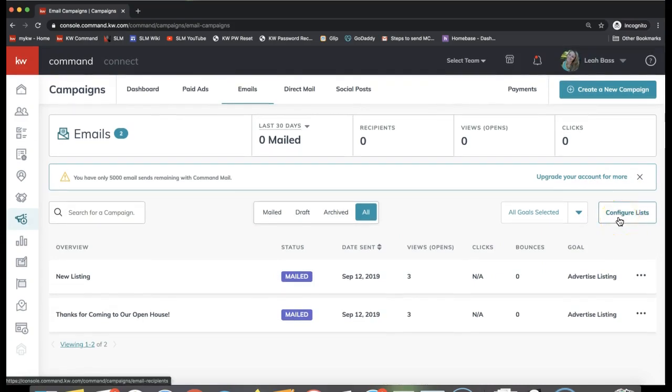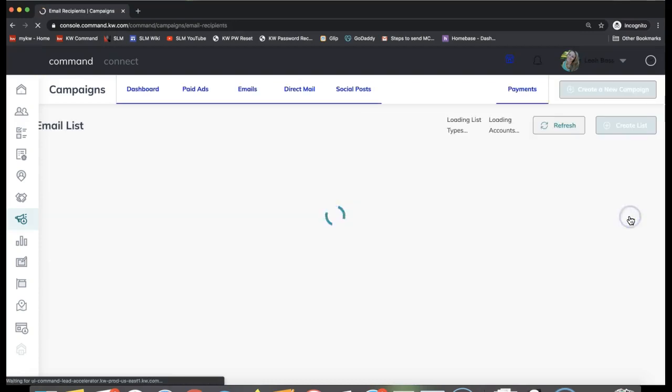You're able to configure these lists when you go to actually send the email. However, if you would like to do that beforehand, you can click Configure Lists right here on the right-hand side. In case I lost anyone, where I am is in the campaign section on the left-hand side of Command. Then Emails is on the very top toolbar, and on the right-hand side, you have Configure Lists. So if I click on that option here,